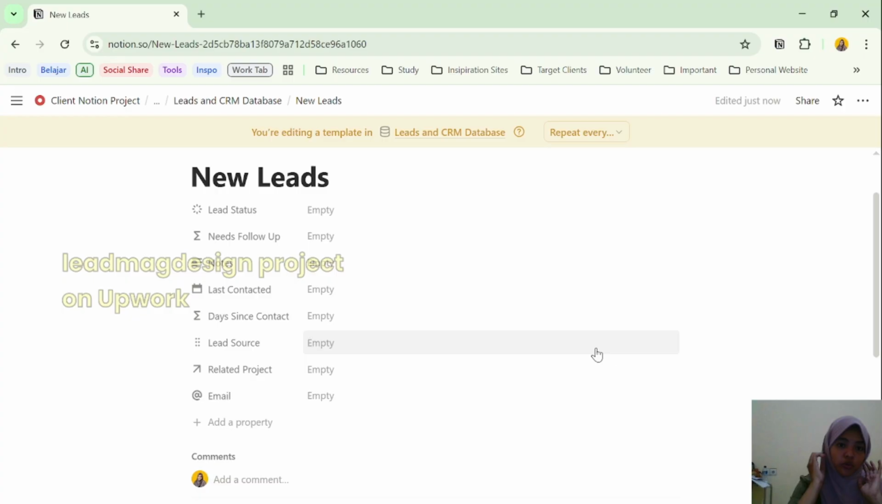I'm really sorry if you heard that knocking sound, but for now you can add some main essential properties, which here we had: email, related project, lead source, days since contact, last contacted, and so on. Now